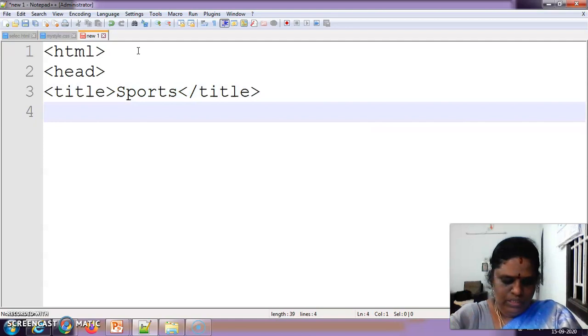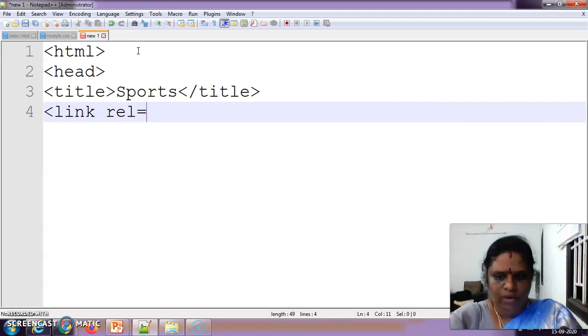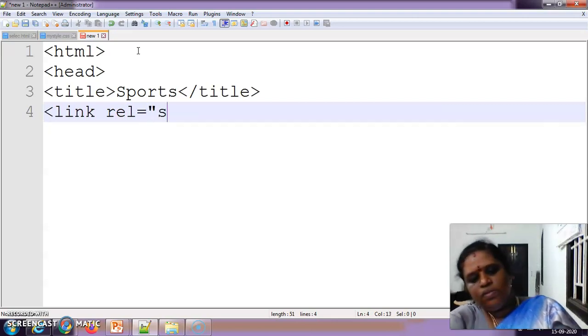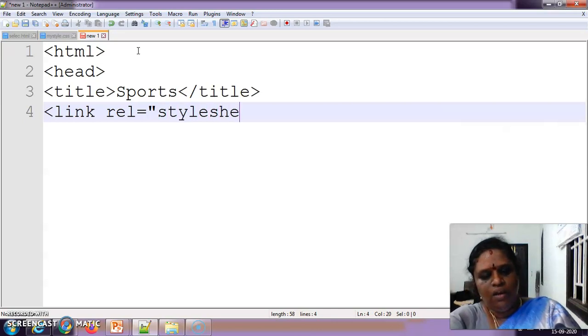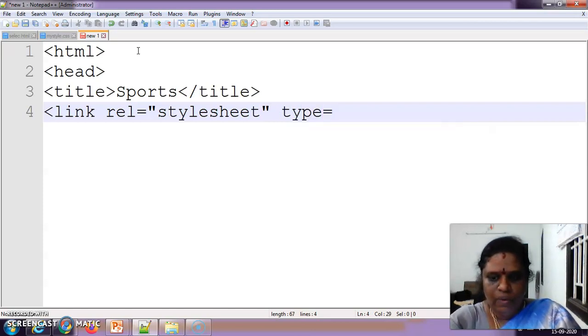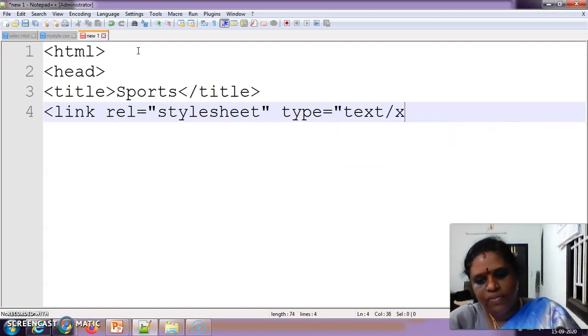The next one, here we are going to give link, rel is equal to stylesheet, and type is equal to text/css, right?